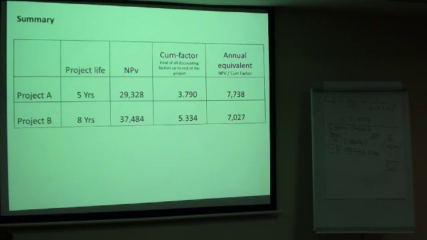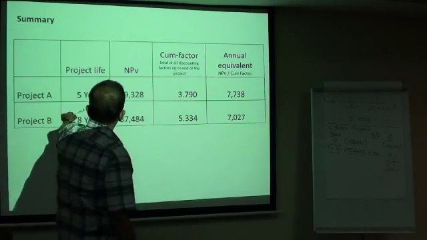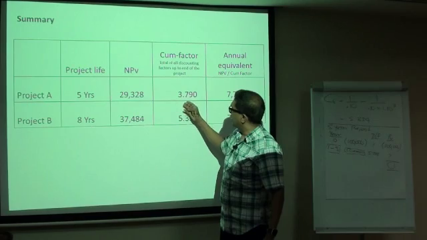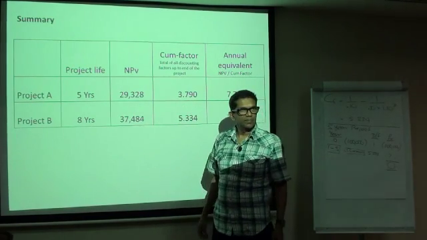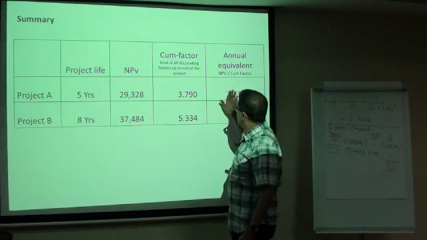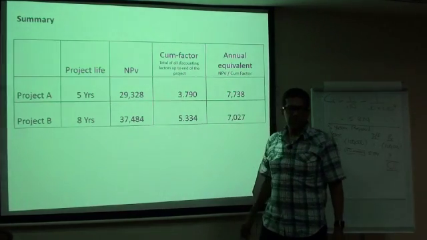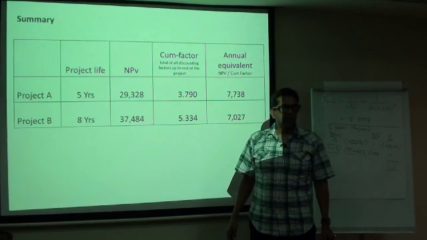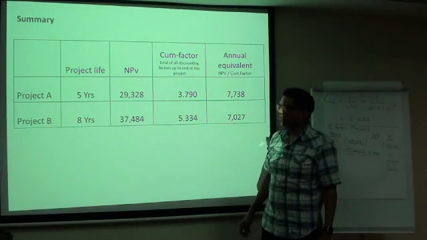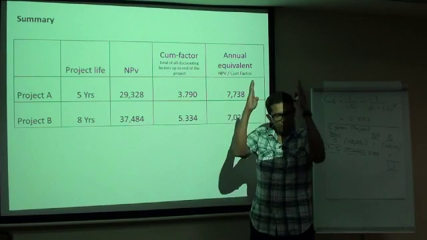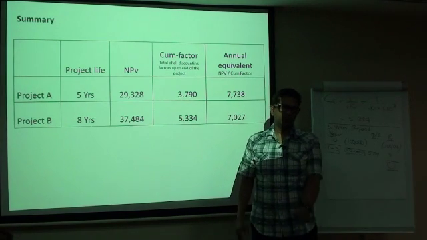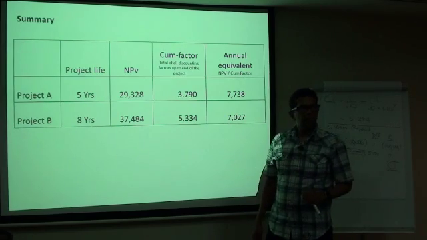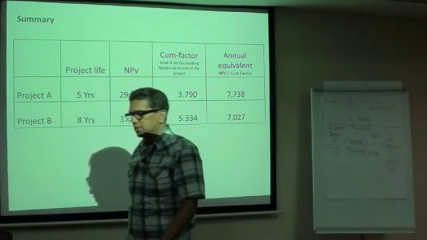So what's the same here? We take the 2 projects or 3 projects or 4 projects for that matter, bring the cumulative factor and ask on an annual basis what gives the better return. Then someone asked the question, cumulative factors can be brought in only for equal cash flows, right? Only for equal cash flow. So why are we bringing this into an unequal cash flow? See the unequal cash flow?